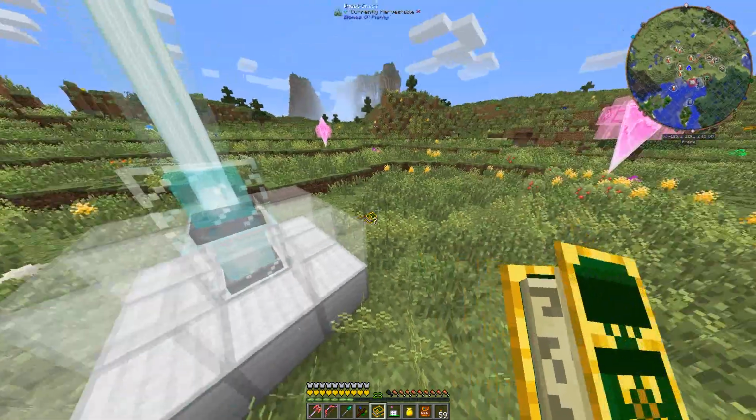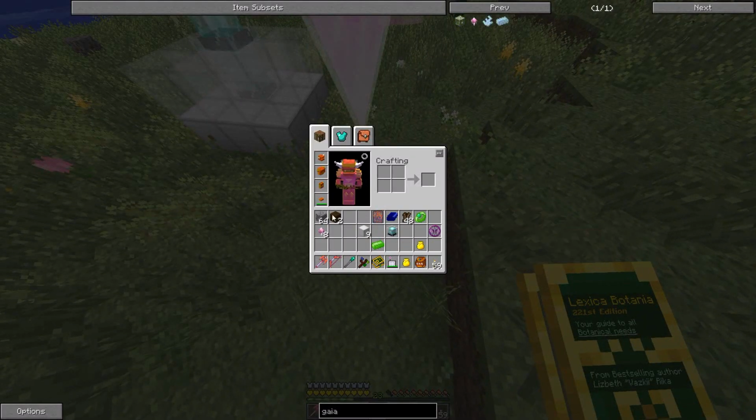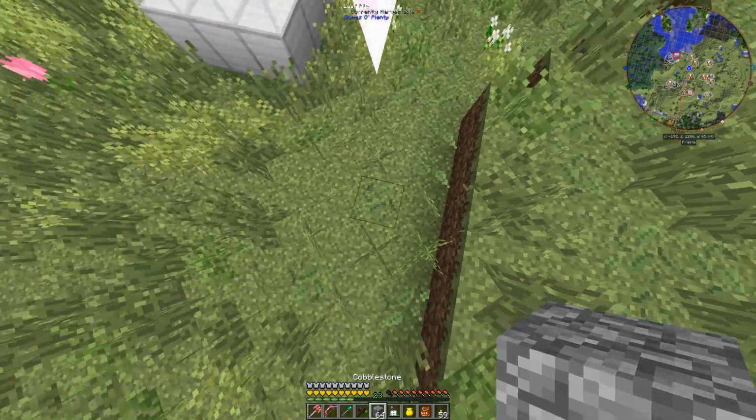I guess we'll just offset it by 1. And then these guys we have to put... They are actually 2 blocks up in the air, so we're going to have to put 2 blocks